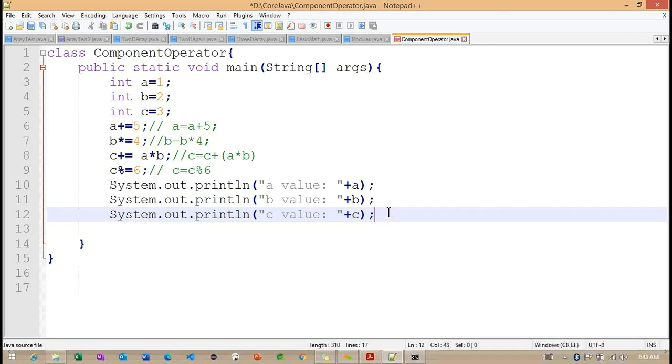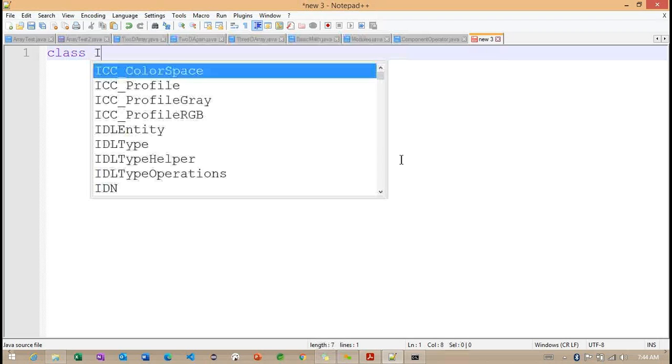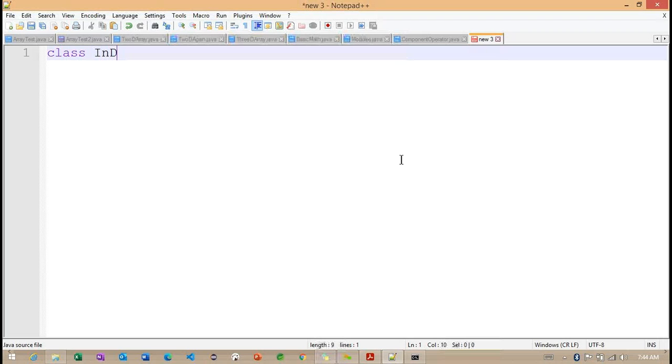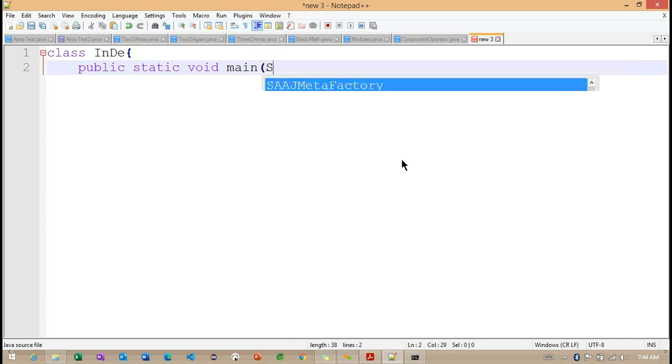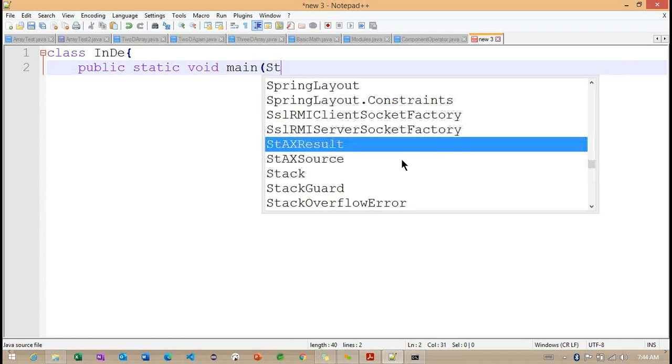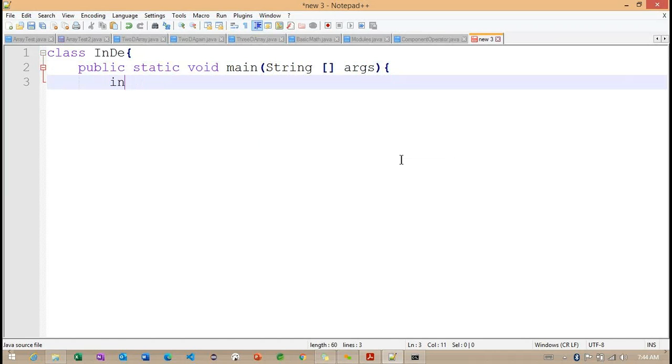Back to here. Now what I'm doing here is writing the example. Class and so on. public static void main. And here I'm trying to define x equals 42.